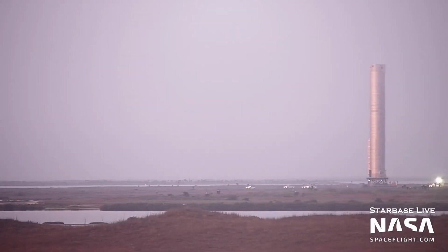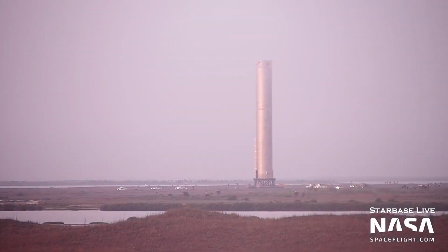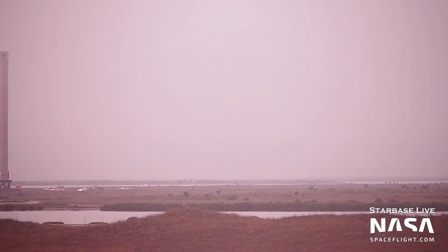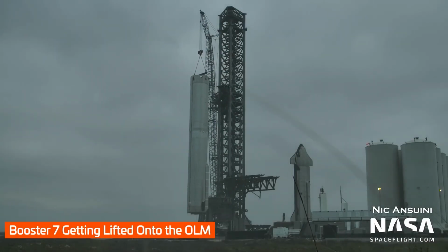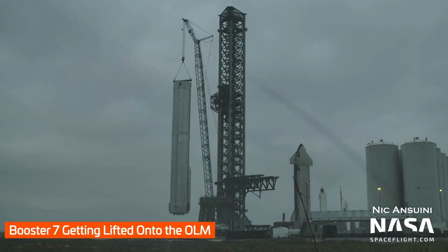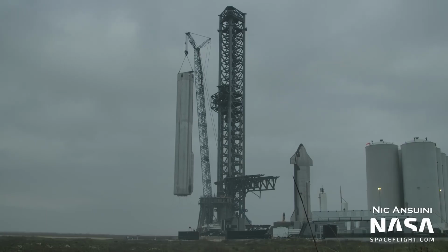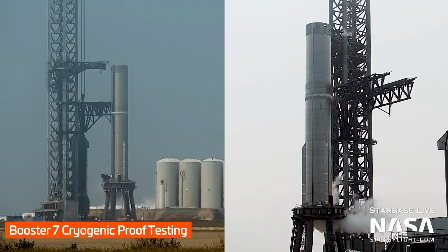the first orbital launch. On the 31st of that month, Booster 7 rolled down Highway 4 to Starbase's launch site near Brownsville, Texas. 2 days later, it was lifted onto the orbital launch mount for the first time via a SpaceX-owned Liebherr LR 11000 crawler crane. On April 4th, Booster 7 underwent its first